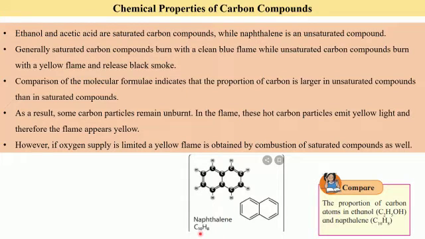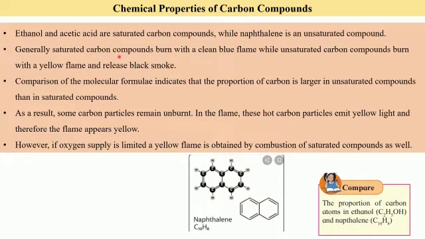Here the formula for naphthalene has been given. It is C10H8. This is how naphthalene is going to be represented. Two hexagonal rings you can see, and alternate double bonds are present in this first ring, and a double bond here and here also you can see. So because it shows presence of double bonds between carbon atoms, it is an unsaturated carbon compound. This is the structure where the distribution of carbon, 10 carbon atoms and 8 hydrogen atoms, has also been shown.